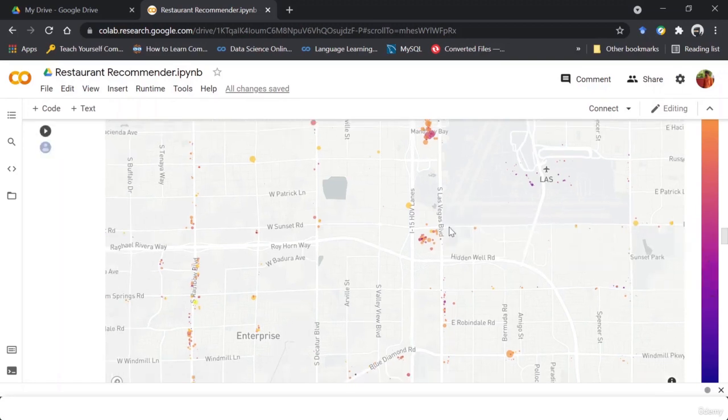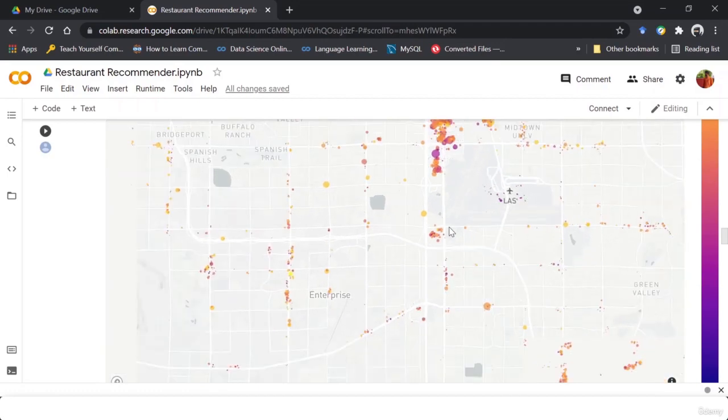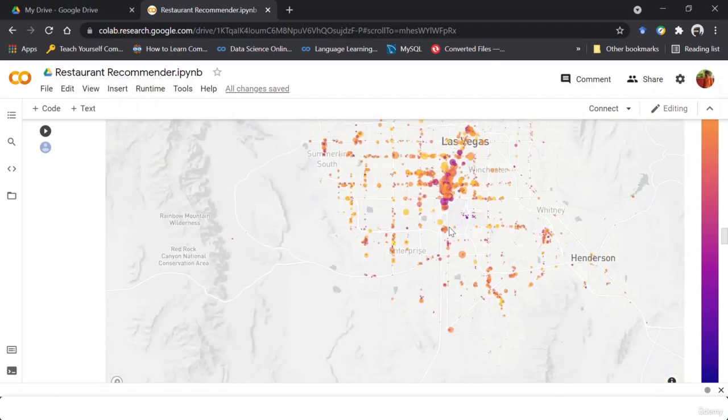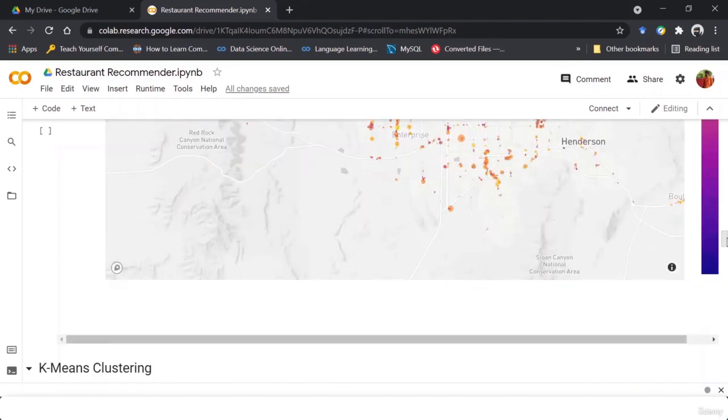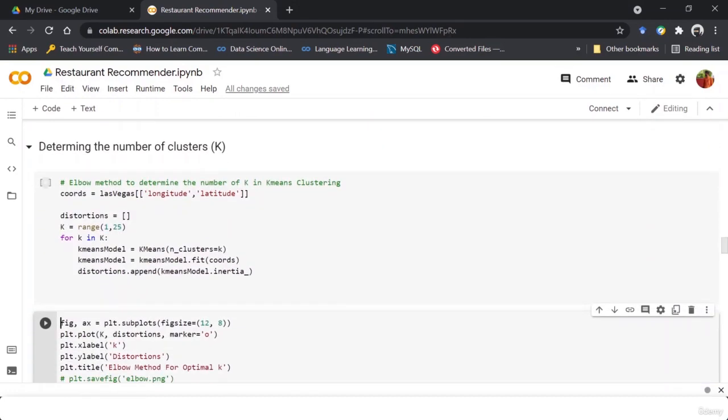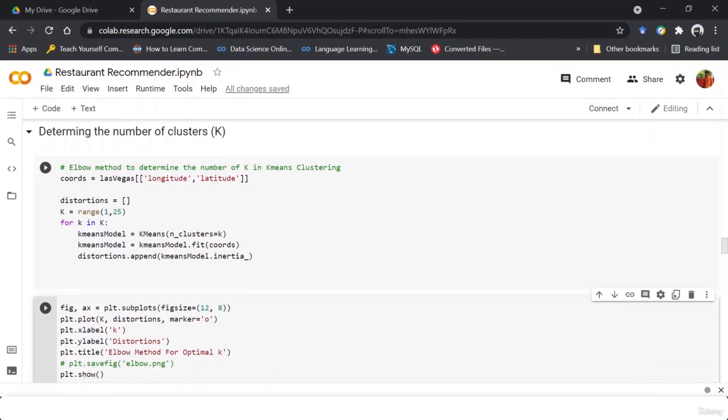Now what we are doing is calculating inertia for each and every cluster, taking the sum, and inputting that into the distortions list, for the range of k from 1 to 24.